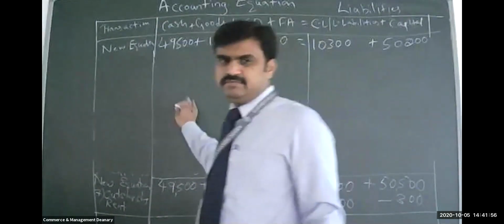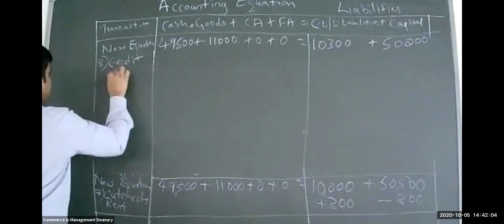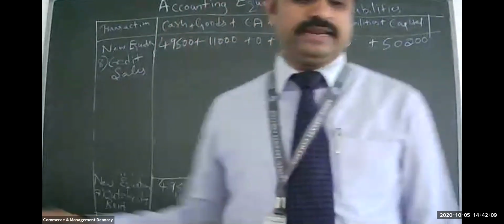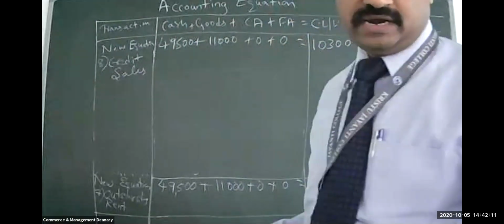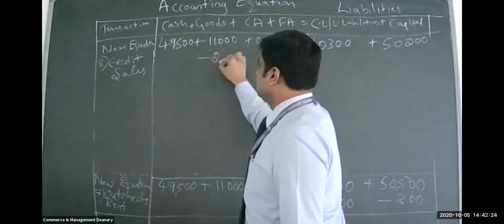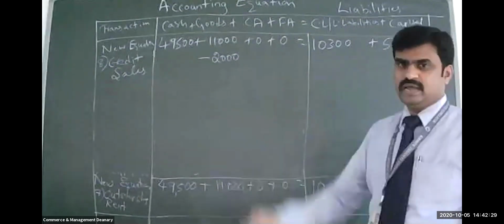Goods going out. First, let us write the transaction name. What do you write as the transaction name? Credit sale. No cash is coming in, so don't add anything on the cash column. But what is going out? Goods. How much is the goods value? 2,000. Plus or minus? Minus 2,000, because goods are going out, not coming in. If coming in is plus, going out is minus.